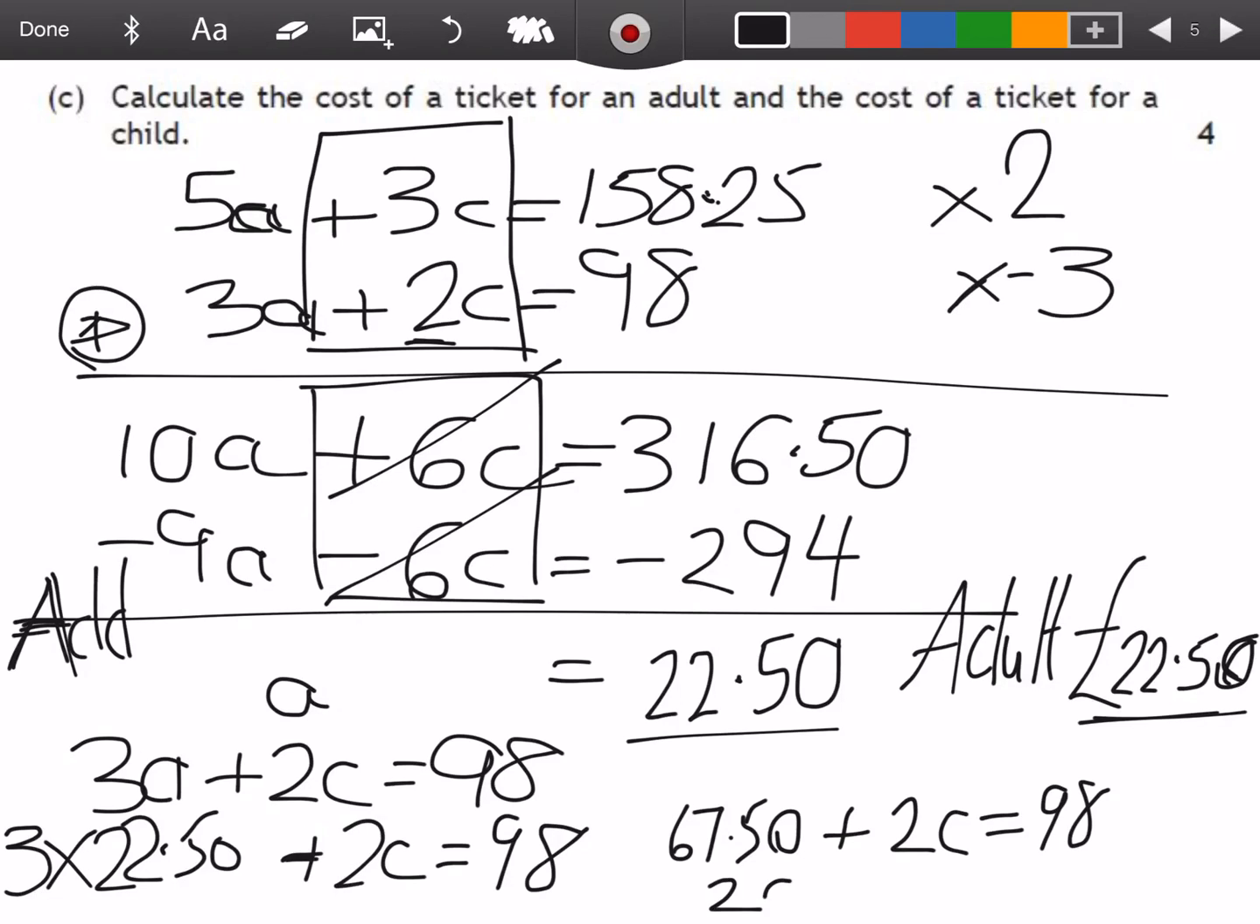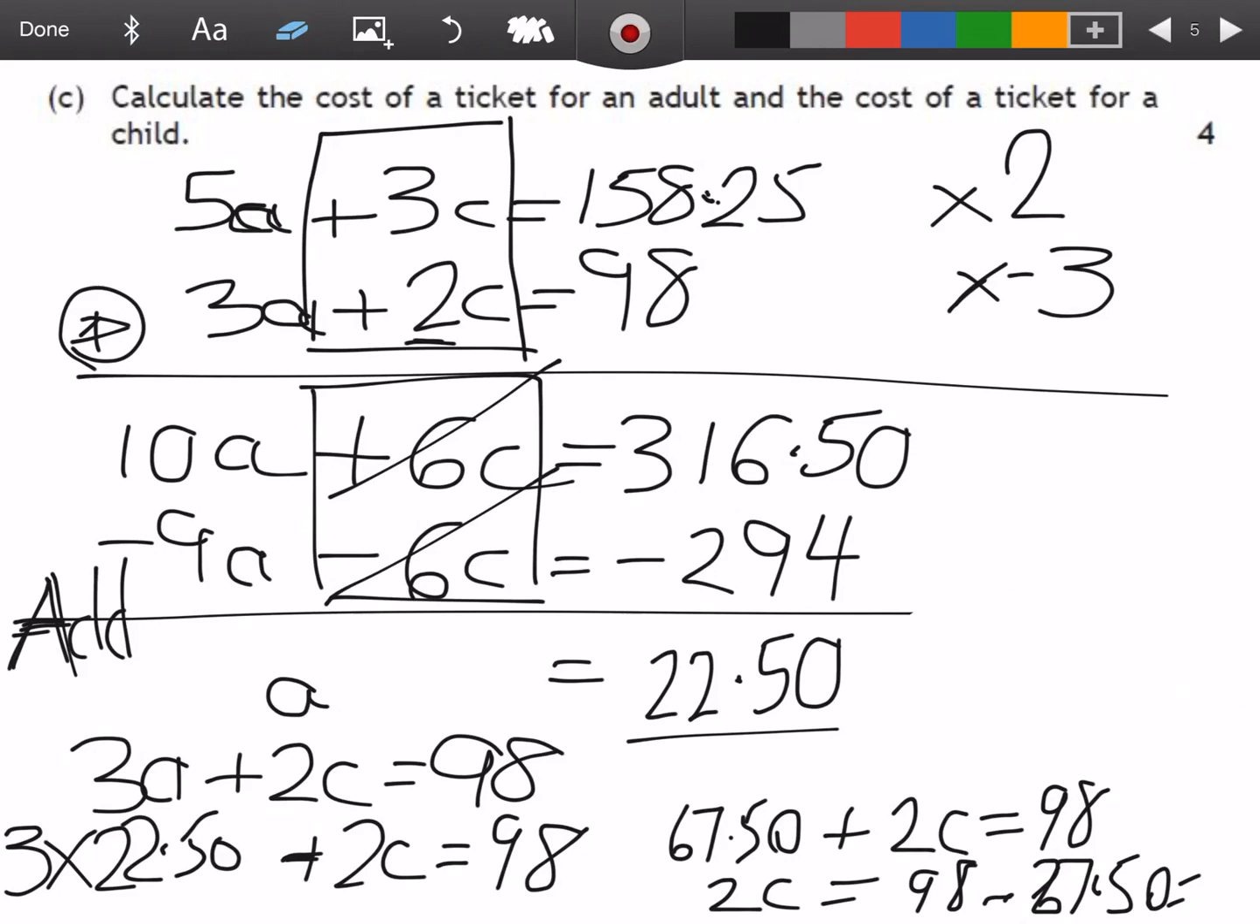Now how do I find C? Well, I take 98, take away 67.50. Now if I do that subtraction, it would help if I get a wee bit extra space. 98 take away 67.50 is £30.50. Okay, I'm going to wipe out this wee bit here. Right, that's fine. So basically what I've got is 2C is equal to 30.5. So how do I find C? Divide 30.5 divided by 2. Gives you